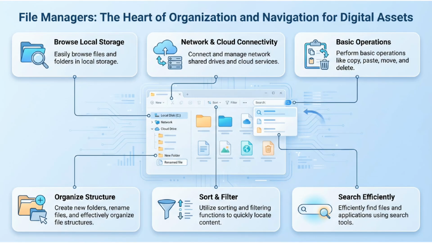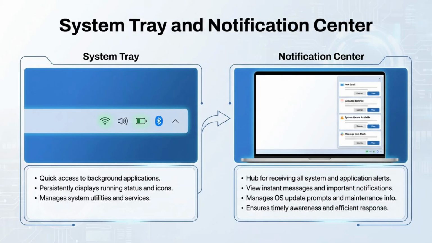and accessible. The system tray and notification center act as the hub for background utilities and alerts, giving you quick access to running services, connectivity, and sound controls, while consolidating messages and system prompts. Treat the tray as a real-time snapshot of system status, and use the notification center to manage timely alerts without